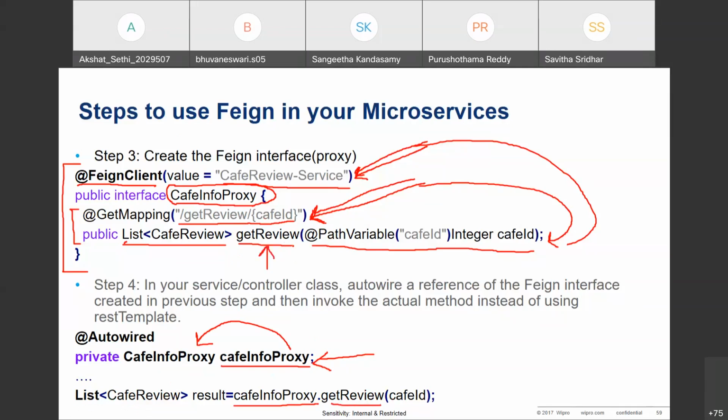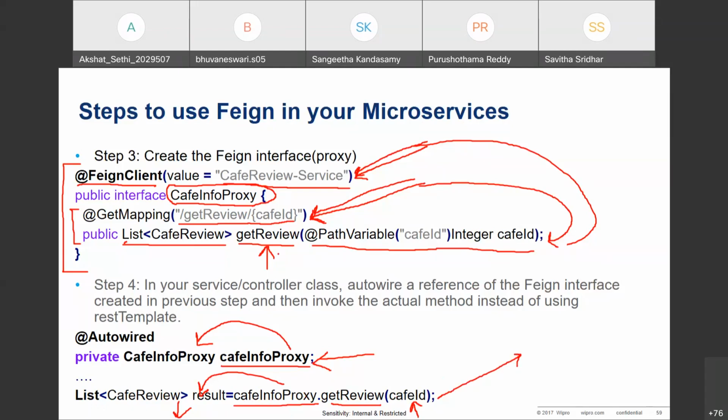And because it is expecting you to pass a path parameter or an argument, you will pass the argument like this. That's all you will do. And this will internally call, and whatever result it returns, I'm storing it, and the rest of the code will remain the same. Guys, are you all with me? Are you realizing nowhere I'm using REST template? This is the line where instead of using REST template, I'm directly using the Feign client proxy